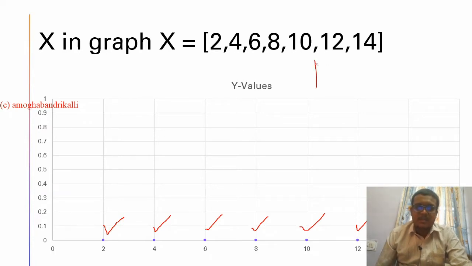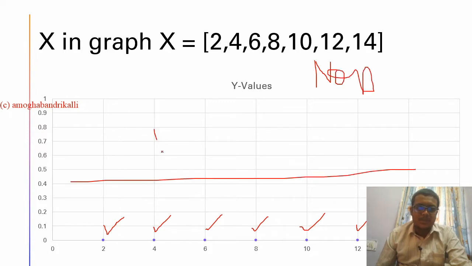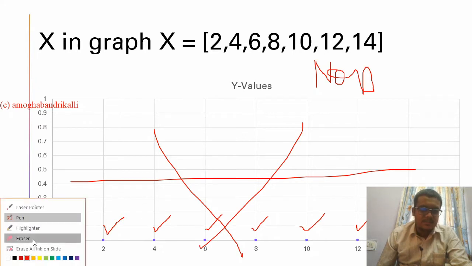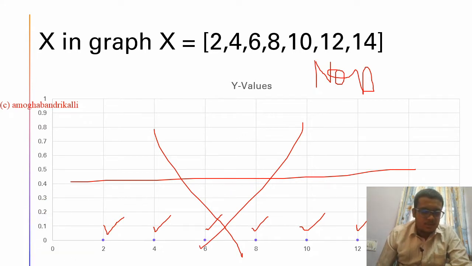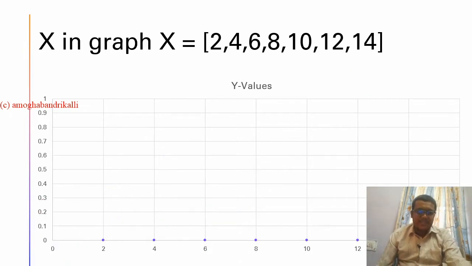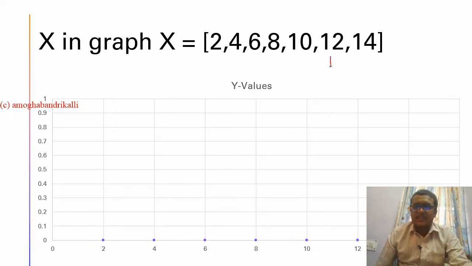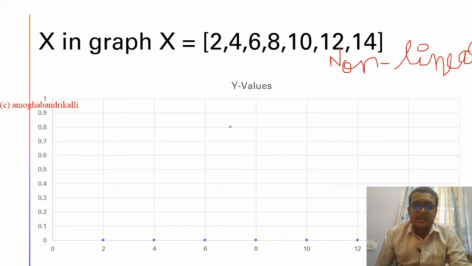So this is an example for non-linear data. You cannot separate any of the data using linear regression. So it is not possible to do the linear separation for these kinds of data, as it is non-linear data. This is non-linearly separable data. You cannot divide the data with linear lines.